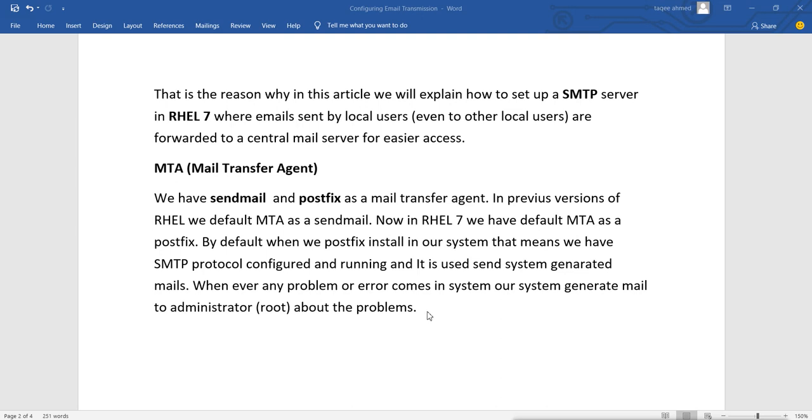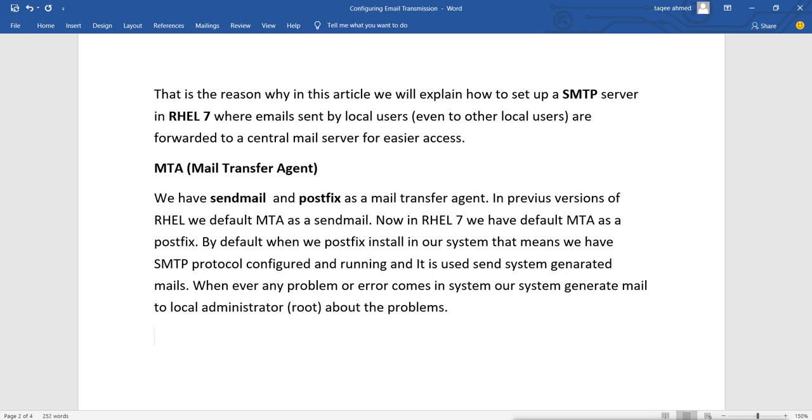It will only log the problems, but it will not send the mail because the mail service is not available. If it is available, then it will generate the mail for the administrator also. That is what local means, so I can add it here as local.